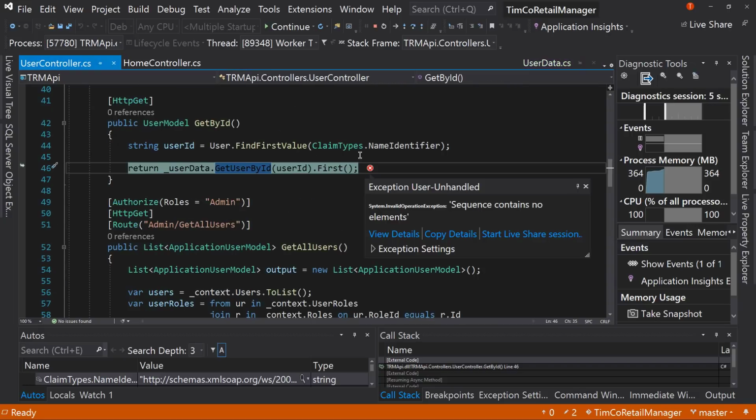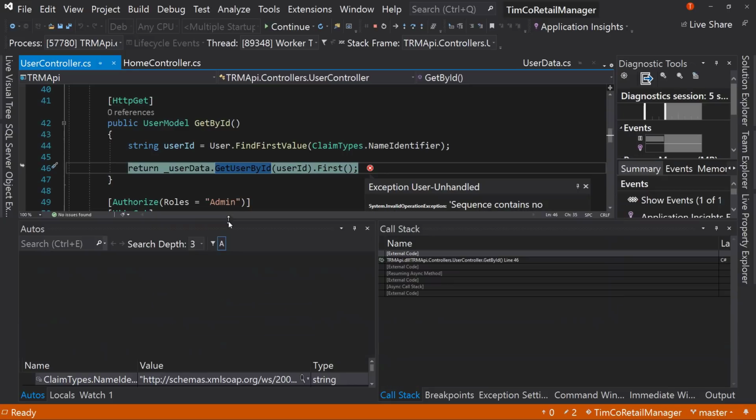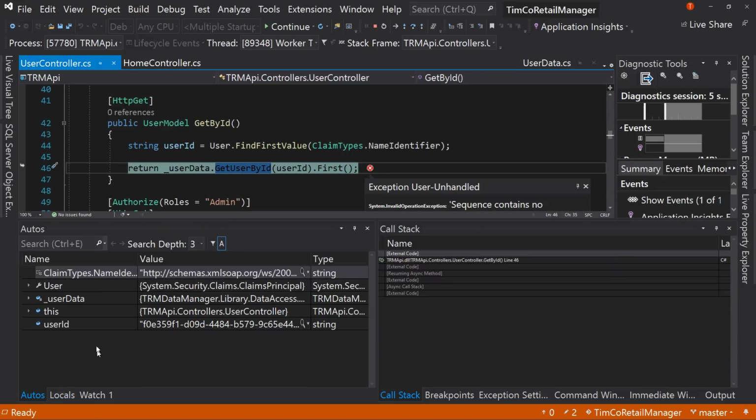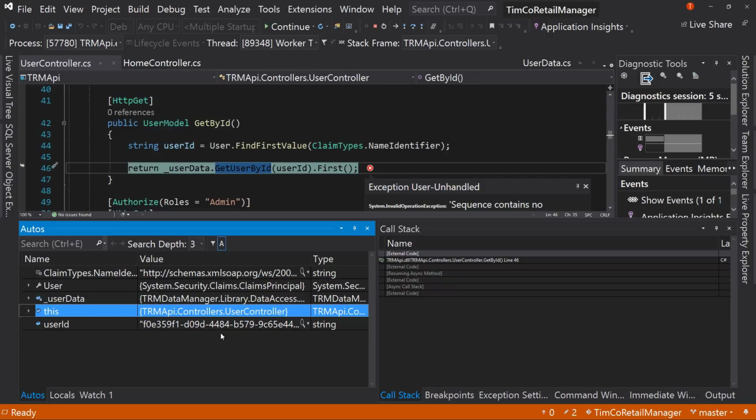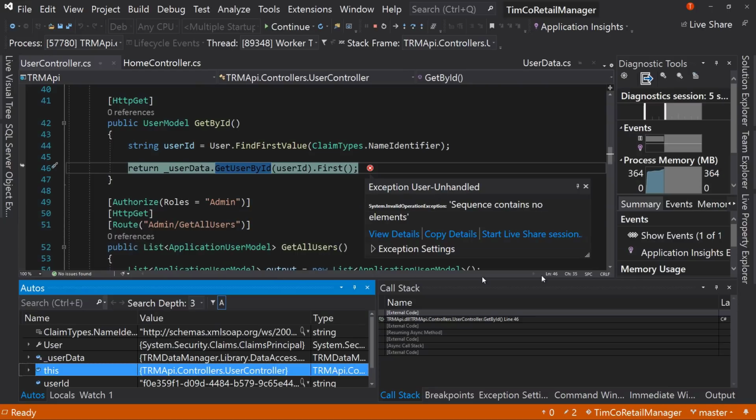Well, the user ID is, we can mouse over it, or we can bring it up here and go to our locals window. Actually, auto window has it as well. We have user ID right here. I can copy this user ID, which F03 sound familiar? It should, because that's the user ID of me. So it's saying it can't find me, which seems odd because it should find me, right? Well, but it's looking in the TRM